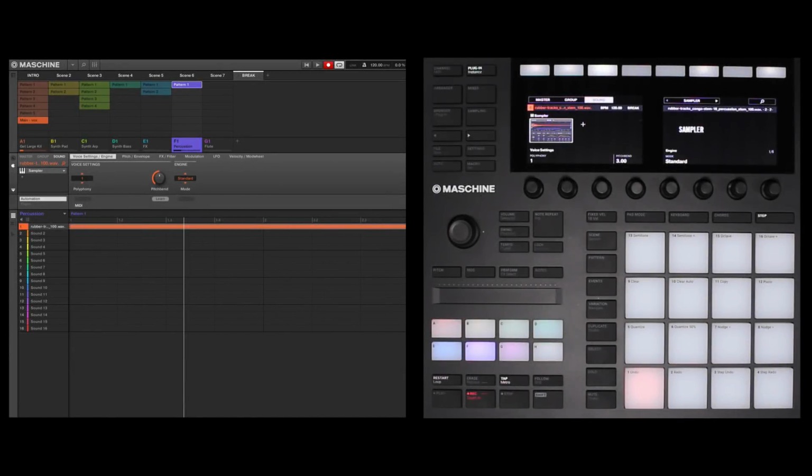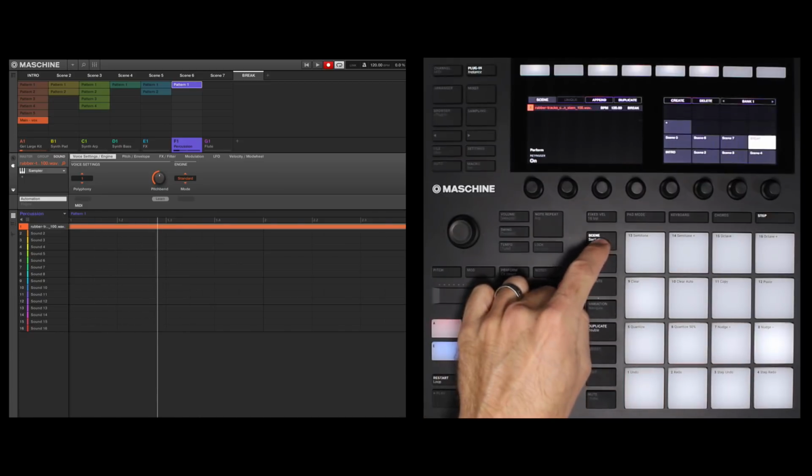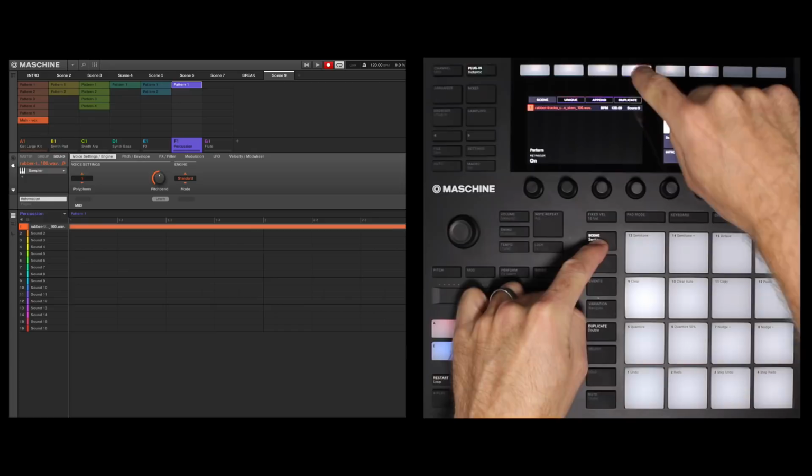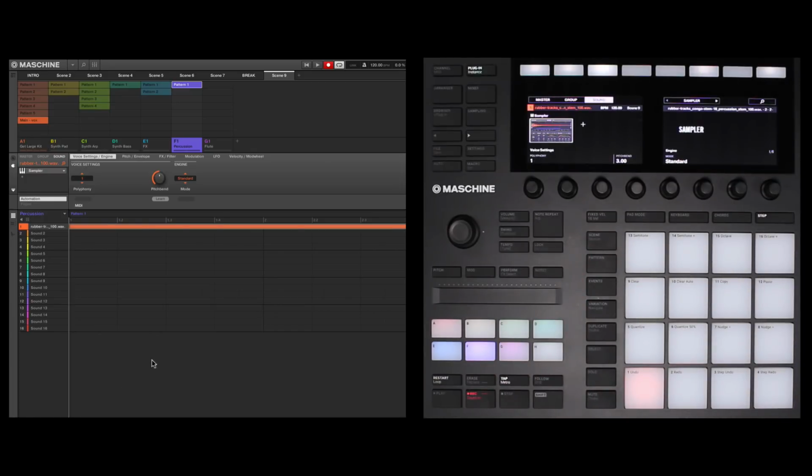I'm feeling inspired by this whole breakdown, so I actually want to add some more melodic material from a sample-based WAV file. So one thing I might do right away is just duplicate this scene. I don't want to have to worry about going back later and redoing something if I add on too much. So that's something you should definitely get in the habit of doing, so you're not going to run out of scenes and sections inside of your song. Better safe than sorry, before you go on this big creative tangent and you've added